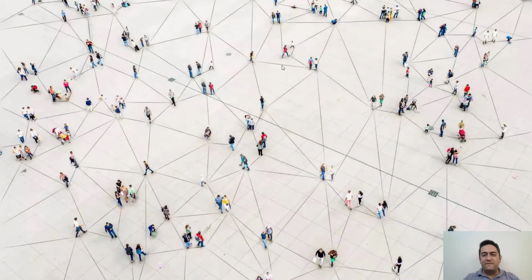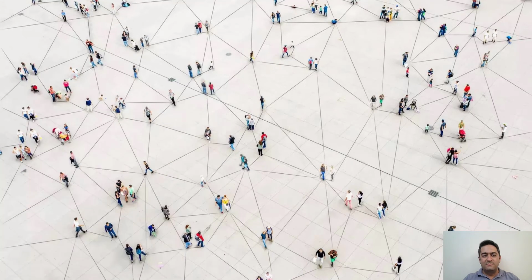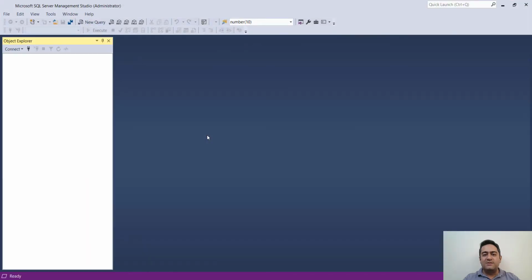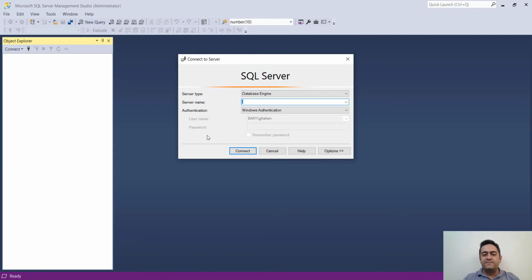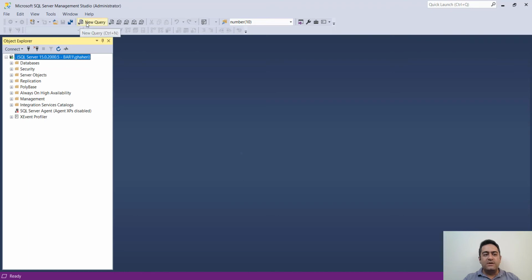To install Northwind on your database, first open your SQL Server Management Studio, SSMS. You should have a SQL Server that you can access, and in my case I installed SQL Server on my computer. Connecting to it. When you opened your SQL Server Management Studio, hit a new query,